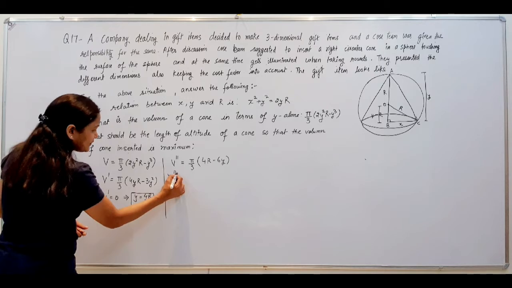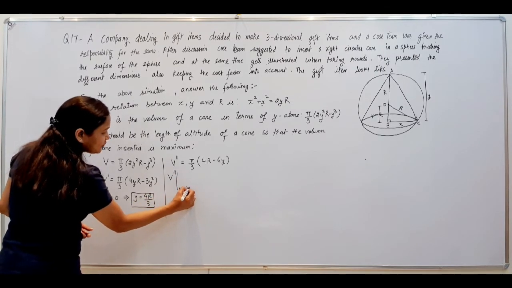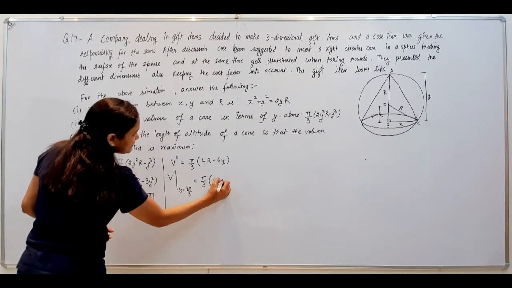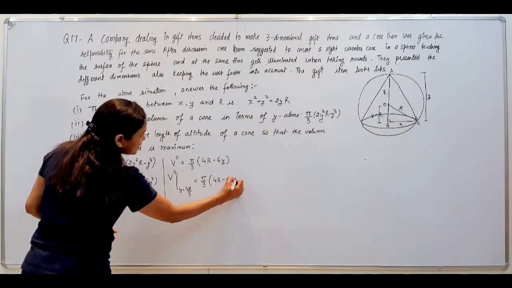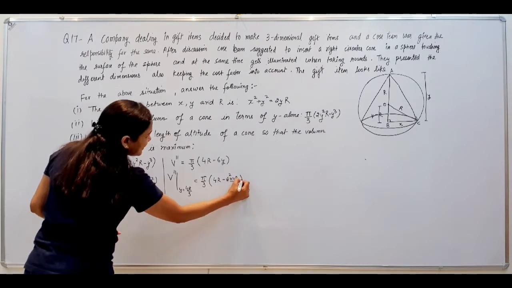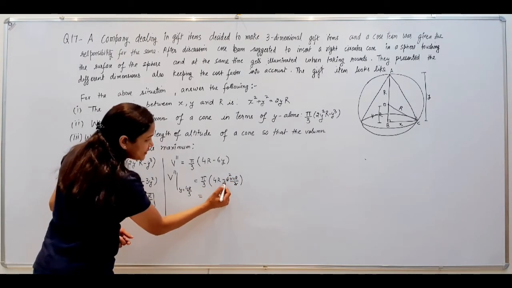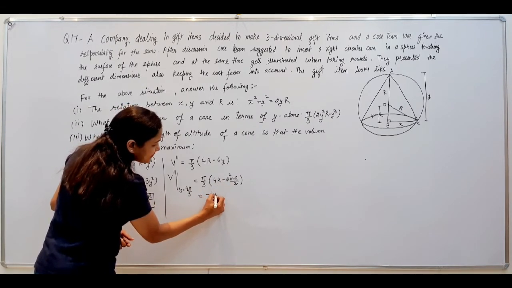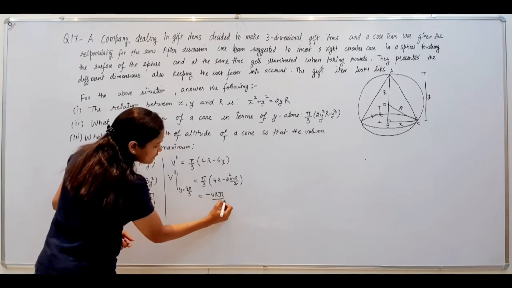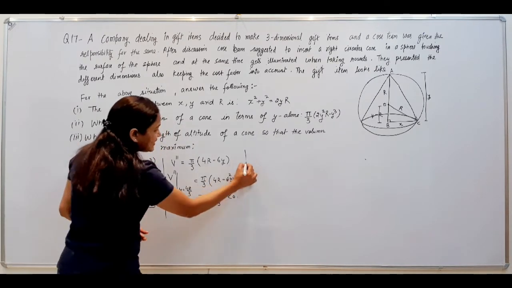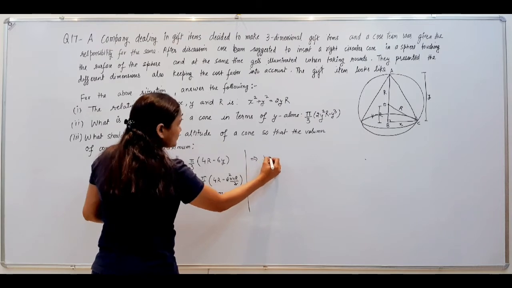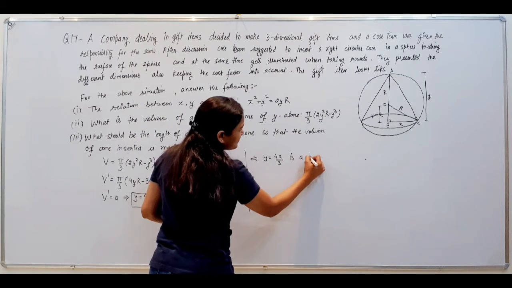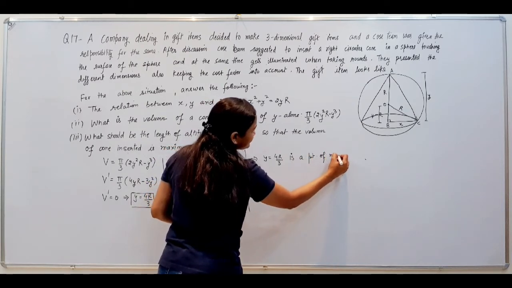And the second derivative at this particular point y is equal to 4r upon 3 will become 4r minus 6 times 4r upon 3, and that is equal to 4r minus 8r, which is minus 4r, which is negative. That implies y is equal to 4r upon 3 is a point of maxima,